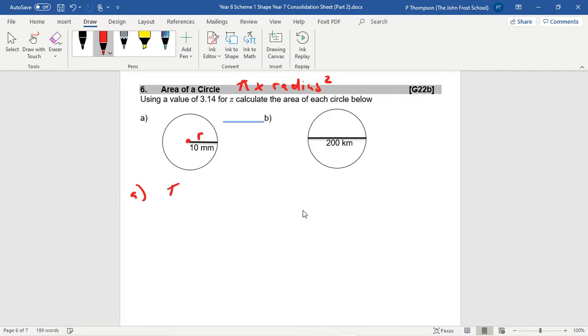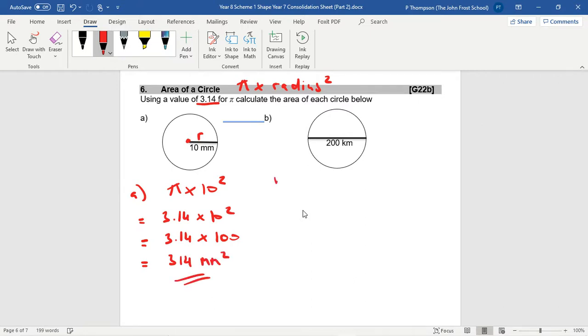So I've just got to do pi times 10 squared. Now it says here that pi is 3.14. So 3.14 times 10 squared. Because of BIDMAS, do the squaring first. 10 squared means 10 times 10, which is 100. And so now you're going to get 3.14 times 100, which is easy. 314